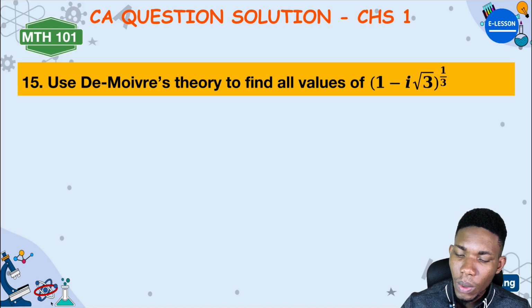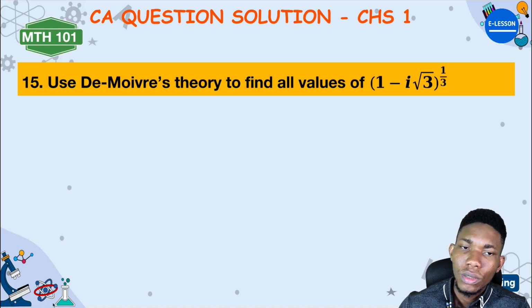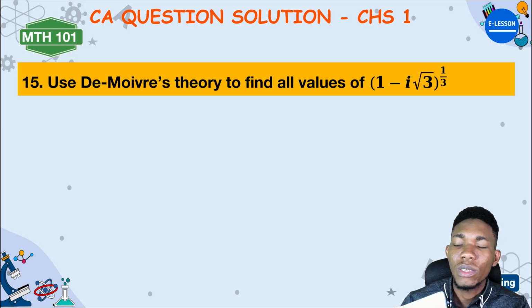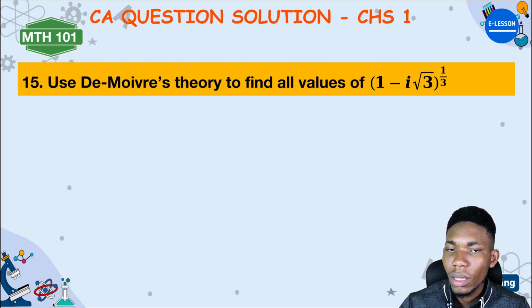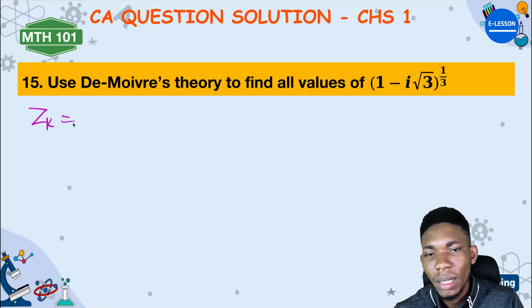Okay. Now we have this question that says use de Moivre's theorem to find all values of this. Now, first of all, you have to know what de Moivre's theorem is all about. This one is for complex numbers. Now, de Moivre's theorem says z_k, complex number, is equal to r to the power of